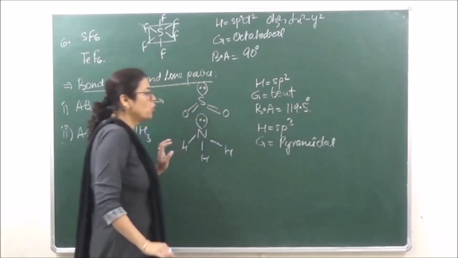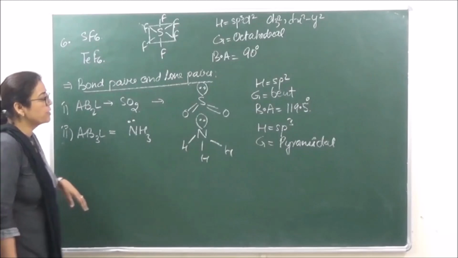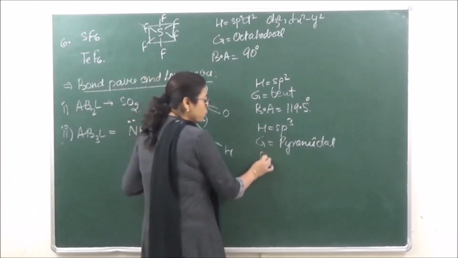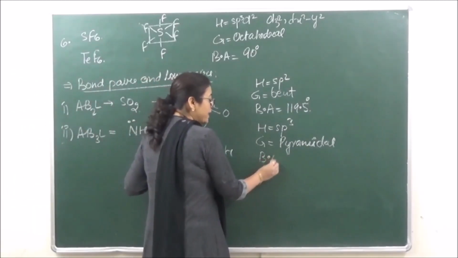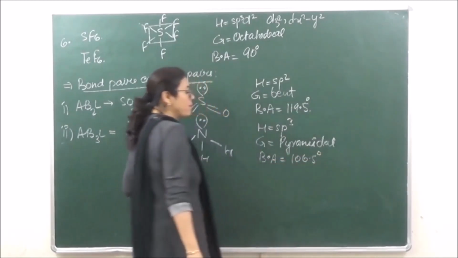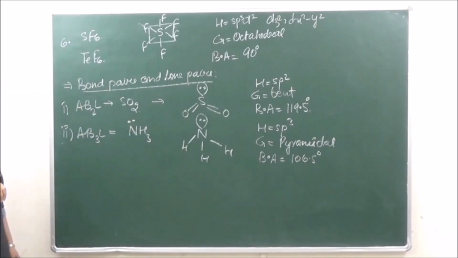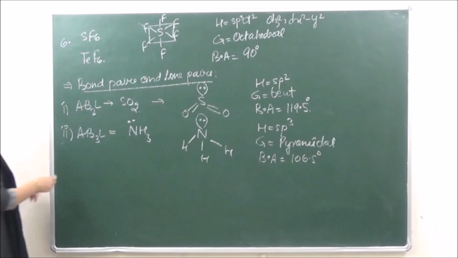Again due to lone pair bond pair repulsions, right? So bond angle also decreases over here. It decreases from 109.5 to 106.5 degrees. ठीक है, फिर उसके बाद नेक्स्ट वी गो टू